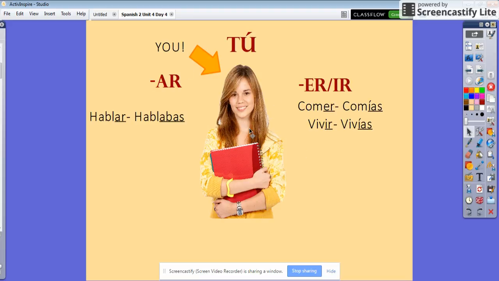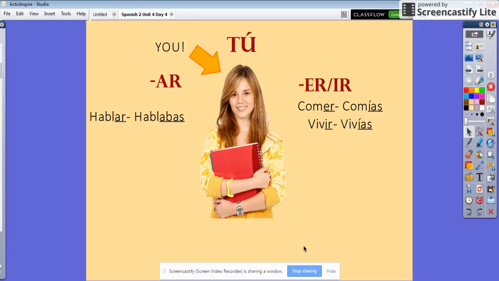That's you guys, estudiantes. If I'm talking to you and I want the you ending in the imperfect tense, it's going to be abas. So it's just like the yo ending, aba, but now I'm adding an S, hablabas. Same thing with the ER-IR. It's got that same ía ending, but now we're adding an S, comías, vivías. And we've seen this S on the tú form before, like in the present tense, comes means you eat. So comías, now with an S on the end, is you used to eat. So the imperfect tense is basically stuff that you used to do.